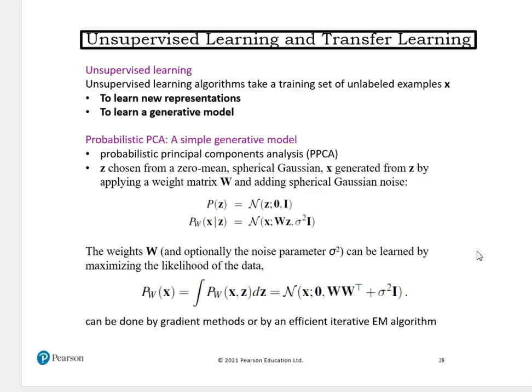So let's start by refreshing the concept of unsupervised learning and transfer learning, because these are core to these modified architecture and training approaches. So the deep learning systems we've discussed so far are based on supervised learning. Essentially, they require that each training example be labeled with a value for the target function. Now, that value could be a continuous value if you're developing a model to make predictions, or it could be a label if you're developing a classification model.